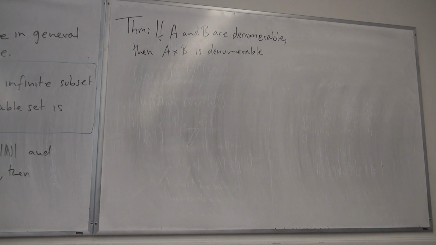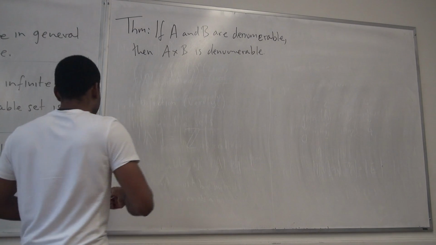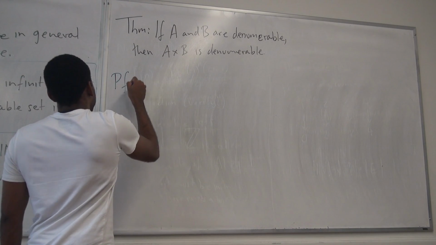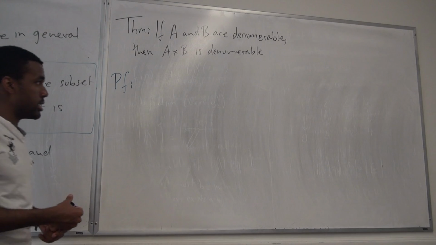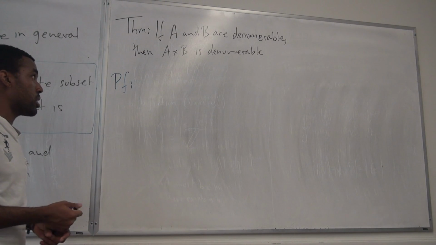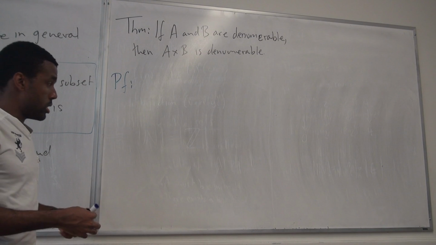You'll have a denumerable set of ordered pairs when you pair together two denumerable sets. So the proof is here, all we have to do is describe a function. It'll probably be hard to do it in terms of a formula, but once we can show that there's a predictable and concrete way to actually identify the elements and list them together,